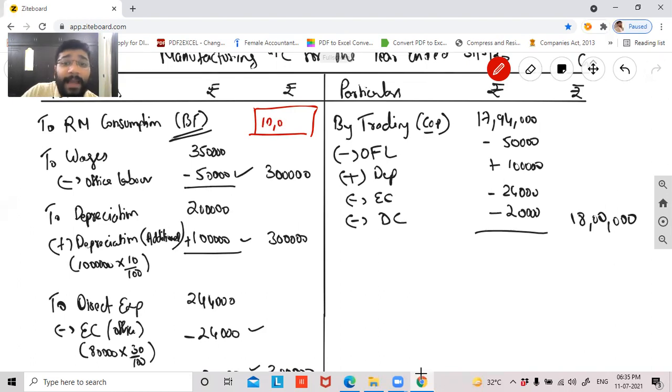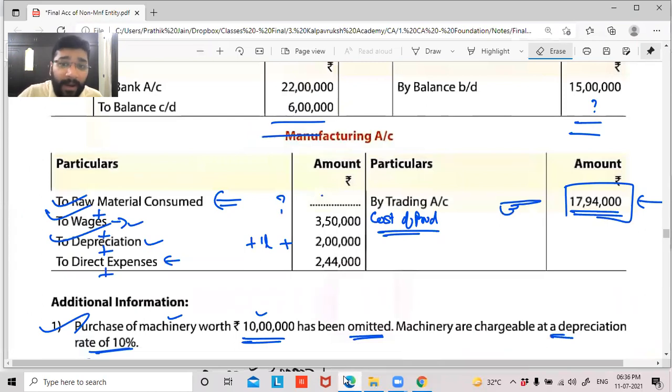10 lakh rupees is the raw material consumption. Guys, prior to preparing the statement, my raw material consumption was 10 lakh, and after changes also my raw material consumption is 10 lakh, because in raw material consumption, we did not make any adjustments. On the debit side, we made adjustments to wages, depreciation and labor, and the impact of that has been given to trading account. So RMC, before the preparation of this manufacturing account and after the preparation of manufacturing account, was always the same. When this manufacturing account was prepared, the raw material consumption would have been 10 lakh only. If you don't believe, calculate and tell me.